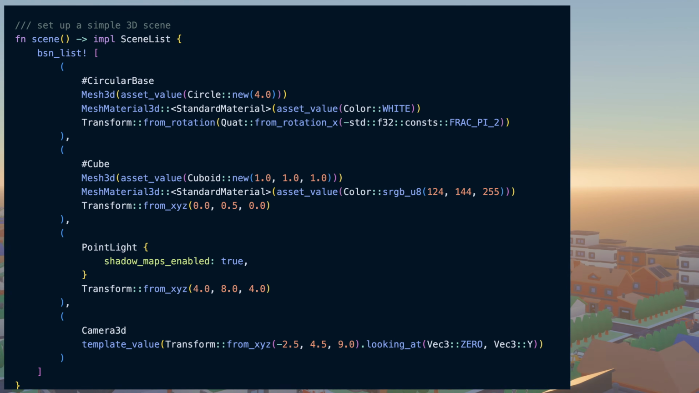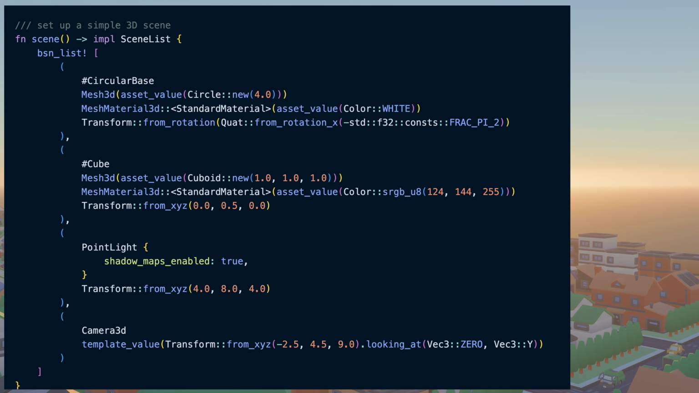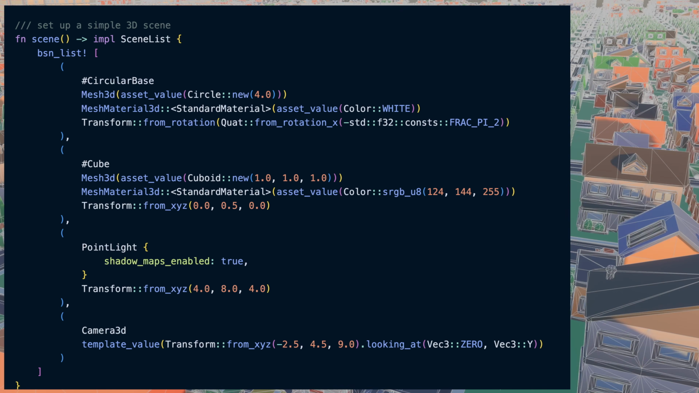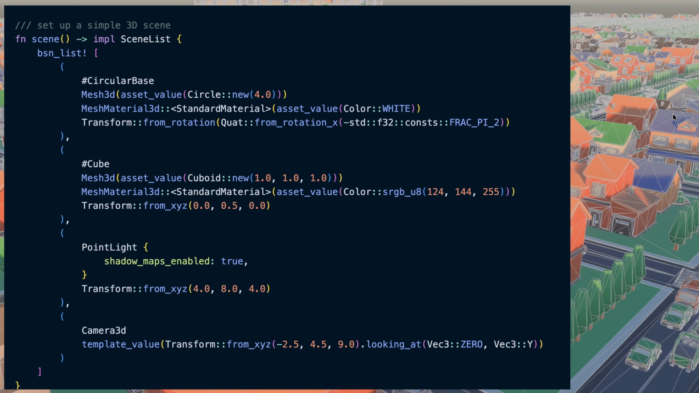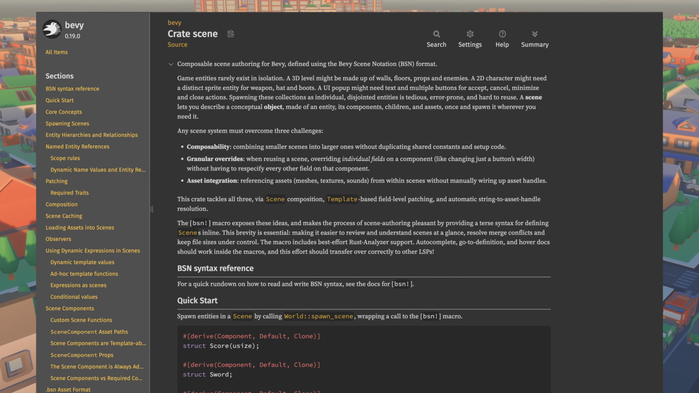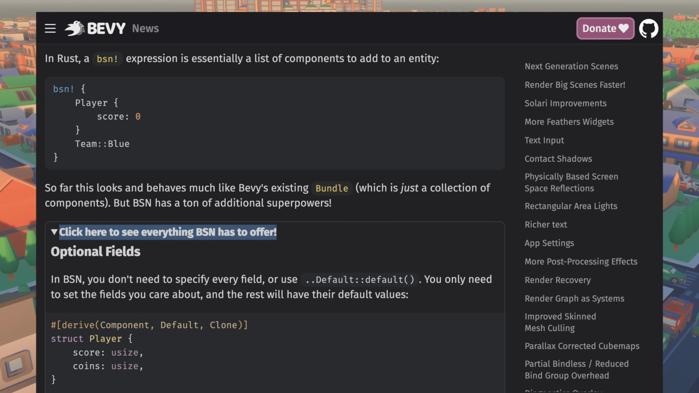Most notably, while the BSN macro exists in 0.19, the BSN asset file does not, so you will not be able to load BSN files in 0.19. There is a lot of machinery going on here in the macro, so for a full examination, check out the docs either in the Bevy Scene module or in the BSN macro itself, and there's also a rundown in 0.19's